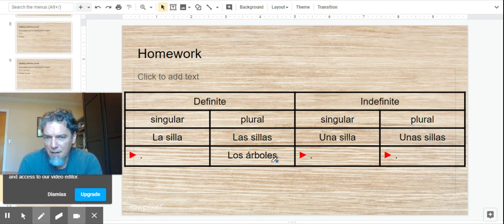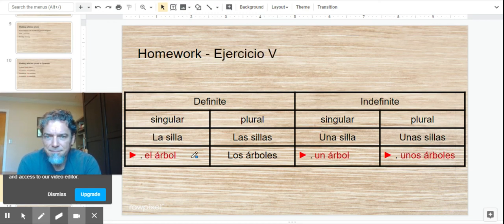So this one, los árboles, which is true. If you don't know that, this is plural definite. So how do you fill in these others? Los, singular, el. What do we need to take off? Es, el árbol. And looking at indefinite, a, if we